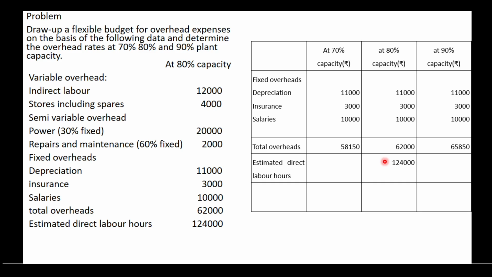That is 1,08,500. And also for the 90% capacity, that is calculated as 1,24,000 into 90 divided by 80. So now the estimated direct labor hours for the 90% capacity are 1,39,500. So on the basis of this total overhead and estimated direct labor hours, we find out the direct labor hour